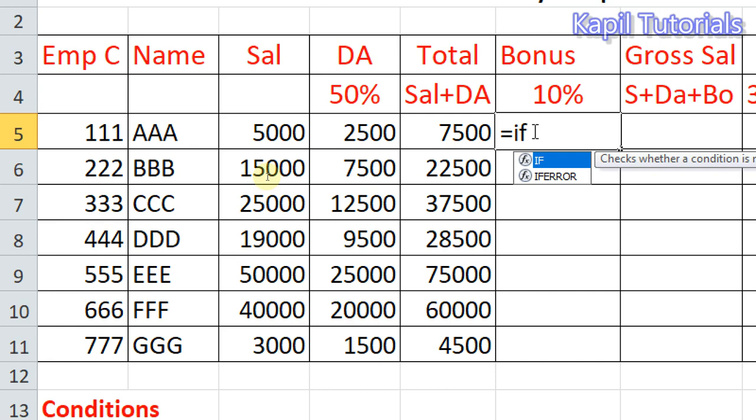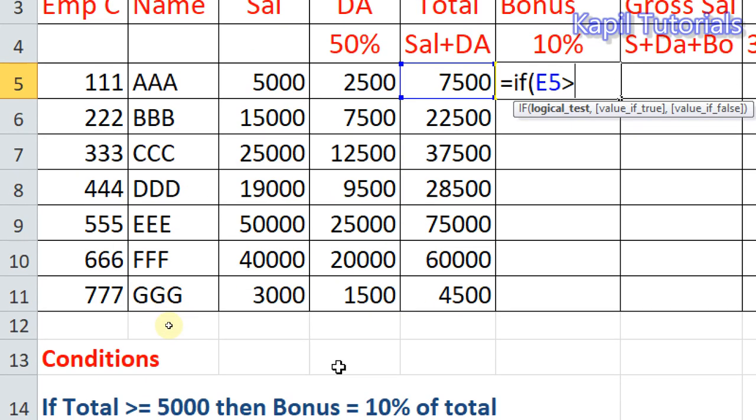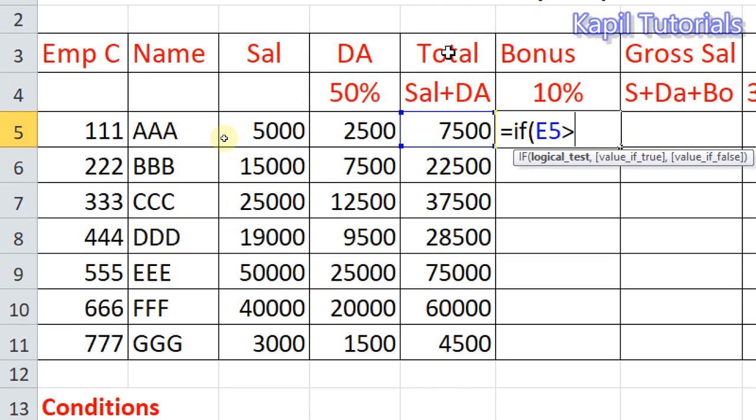Firstly I'll put IF, bracket start. This is the total, E5, greater than or equal to 5,000. So I'll write here greater than or equal to 5,000. Then what should happen?